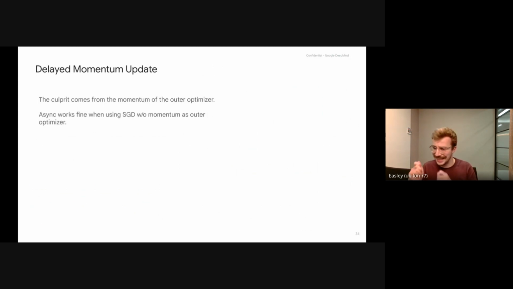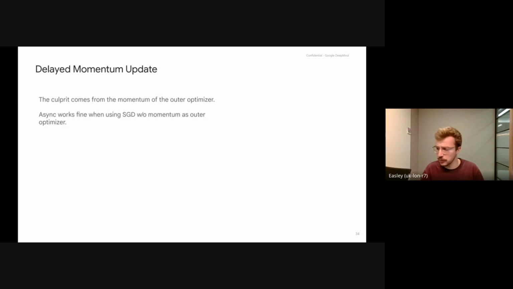But if we were to use Nesterov, which has a momentum, in our asynchronous setting, despite being very powerful in a synchronous setting, it didn't work for this asynchronous. Meaning that the culprit comes from the momentum of the outer optimizer. And we found across many experiments, both in our federated learning setting and also in more classical settings, that the staleness of the gradient or outer gradient is actually very dangerous for all the optimizers that have a momentum.